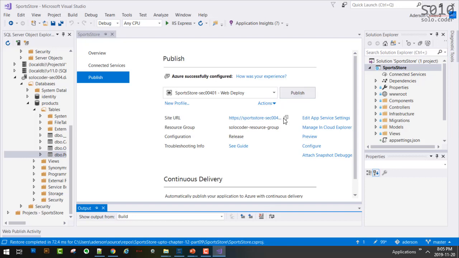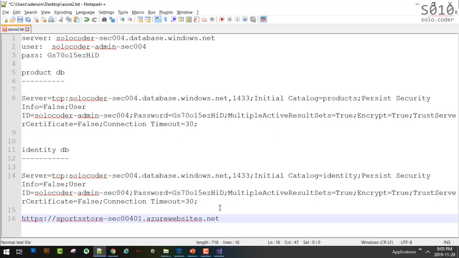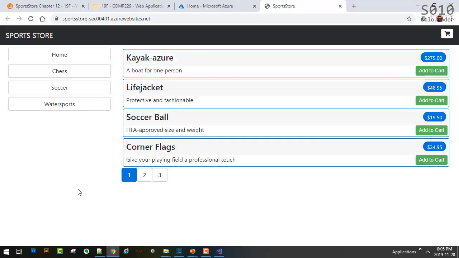You can just copy it there, and now you can give that to anyone out there. It's as simple as that.